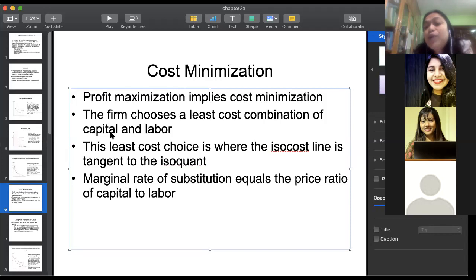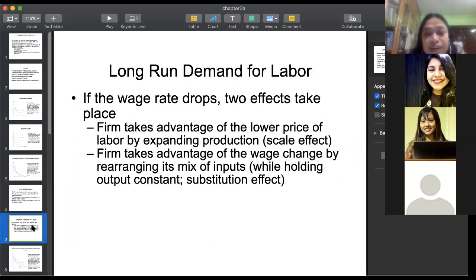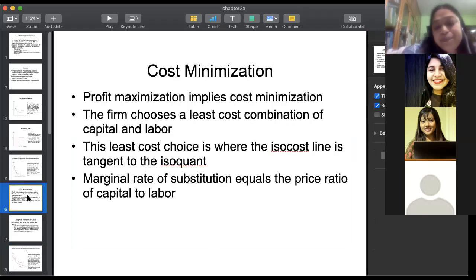So this is the equilibrium condition where the slope of the iso-quant curve is equal to the slope of the iso-cost curve. The slope of the iso-quant curve is the marginal rate of substitution, or the ratio of the marginal productivities of labor and capital. And the slope of the iso-cost curve is the ratio of the prices. Okay, so I'm going to explain the last point in greater detail. Before going into the substitution effect and scale effect, let's just explore this a little bit.